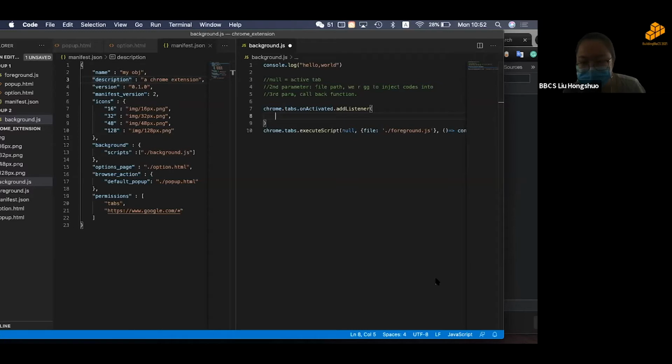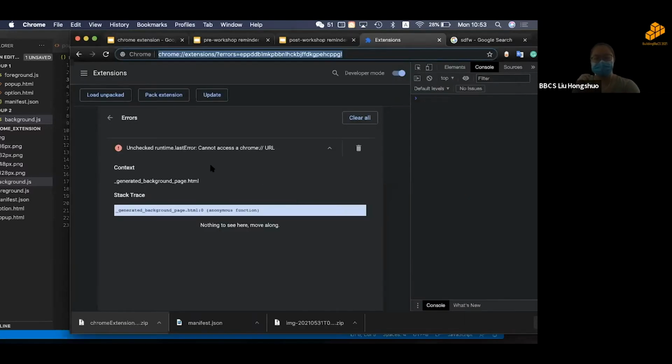Is that a typo? Okay, I will explain why the error happens. The runtime error happens because it shows here that it cannot access a Chrome URL. The reason is because